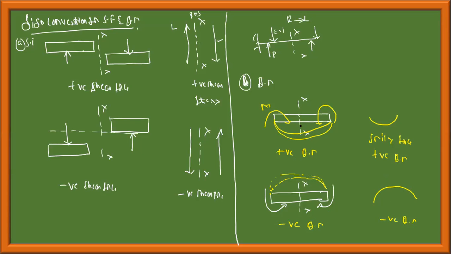From the section, if there is a clockwise moment from the left, it is positive bending moment. If the section is at the right hand side and the moment is acting in the counterclockwise direction, this is negative bending moment. If the section is at the right hand section and the